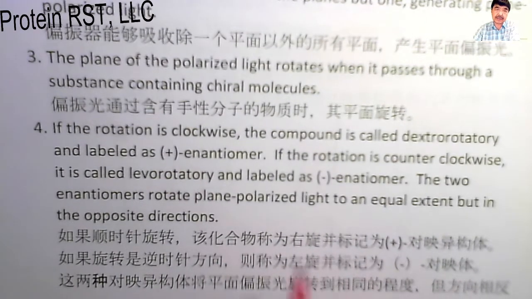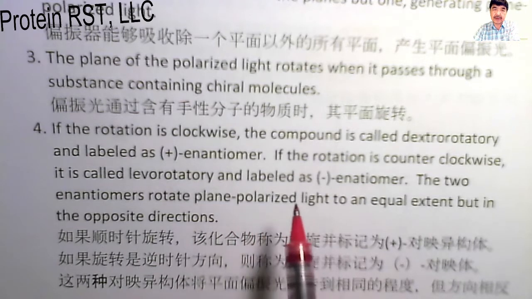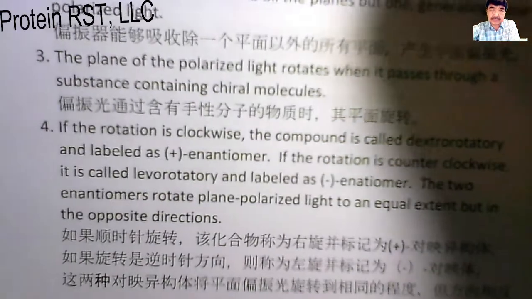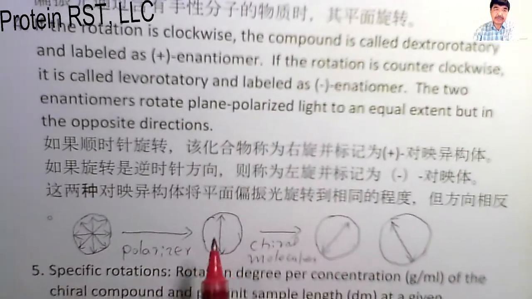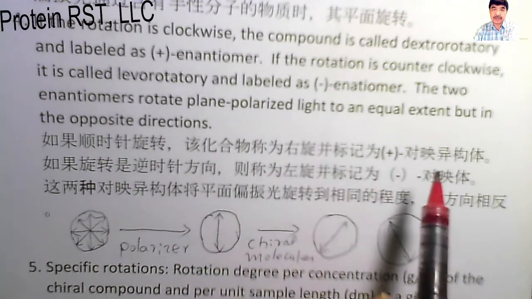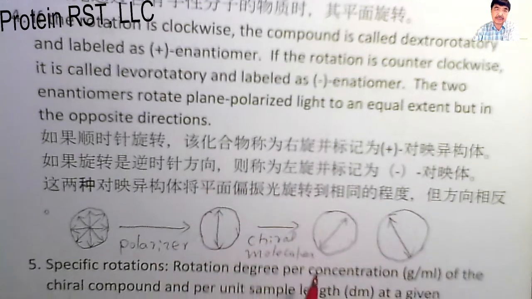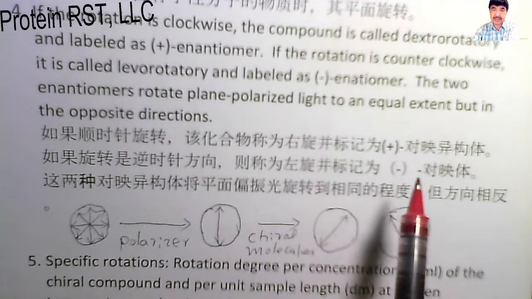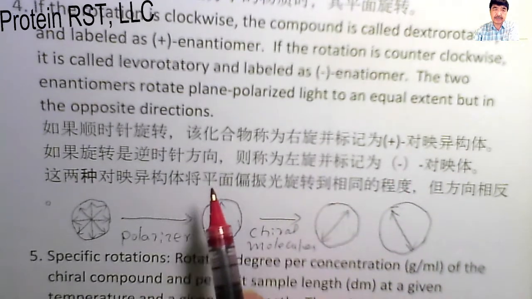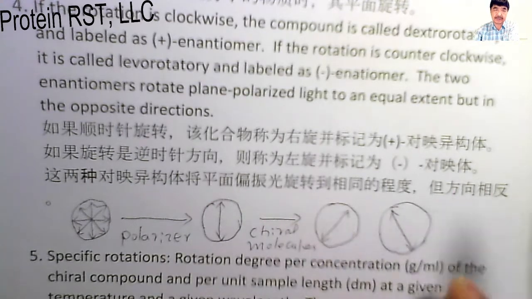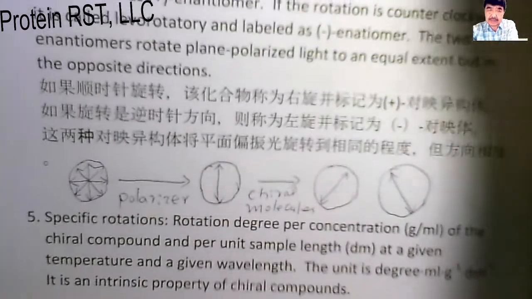The two enantiomers rotate plane polarized light to the same extent but in opposite directions. Take a look at this